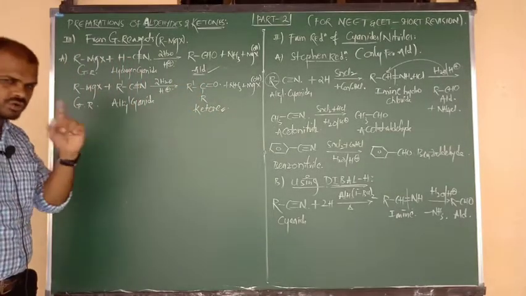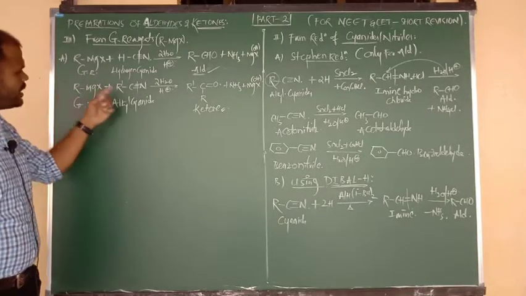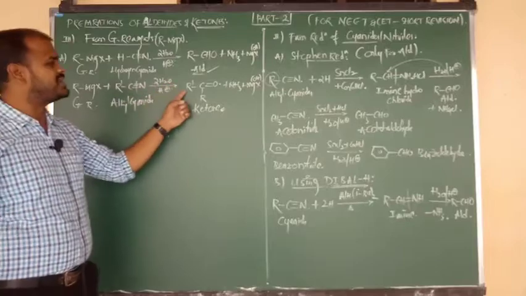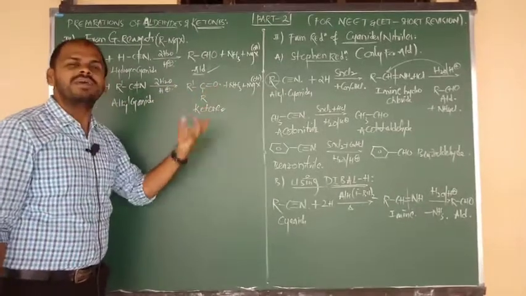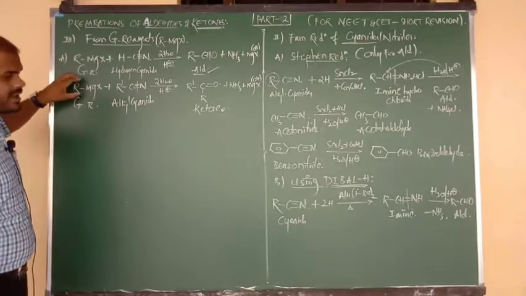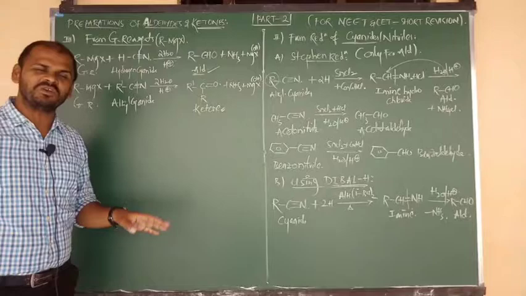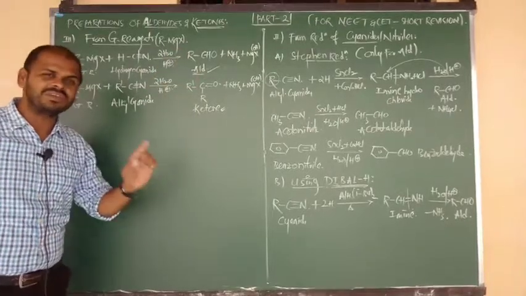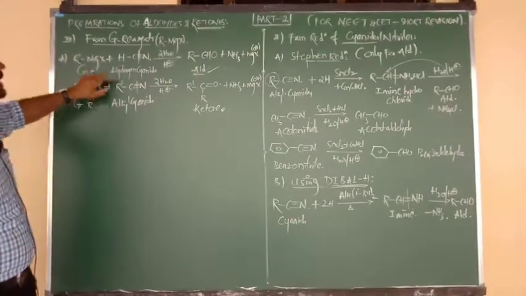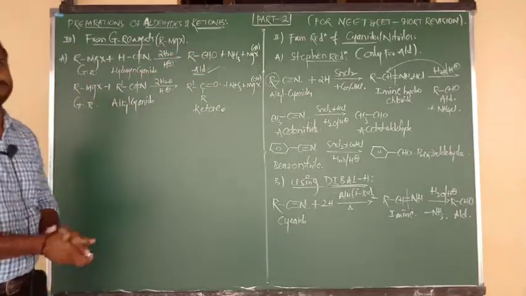I want to ask you one question. In place of R, consider CH3. Here also you consider CH3, nothing but CH3 bonded to C double bond O bonded to CH3. Acetone you are going to get. One is CH3, one more is benzene, you are getting acetophenone. So like acetone, acetophenone, all types of aldehydes and ketones we can prepare from Grignard reagent: with hydrogen cyanide gives aldehyde and with alkyl cyanide gives ketones.